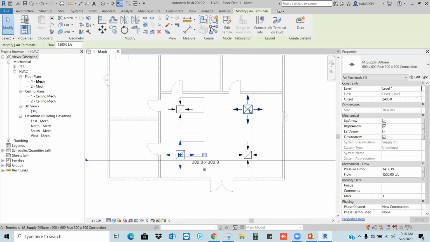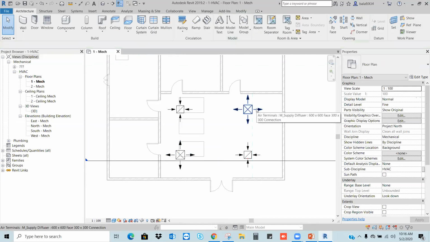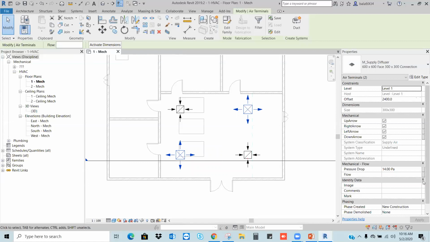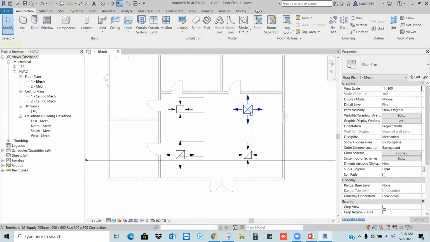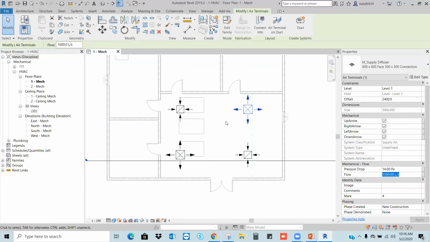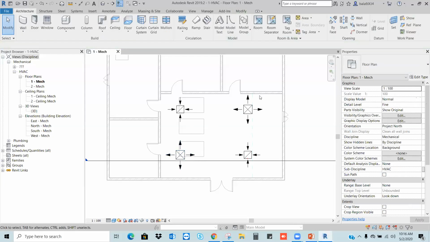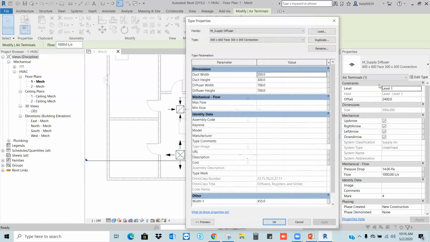So for the individual object, in the same type, I am giving different values, where I'm updating in the properties. These parameters we call instance parameters. Whichever we edit in edit type, these parameters we call type parameters.